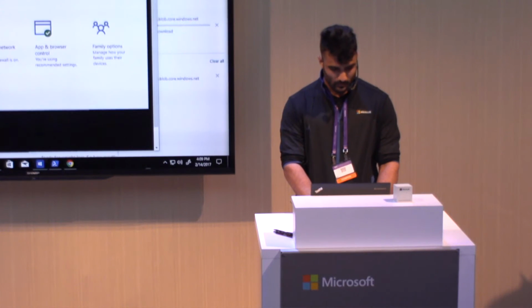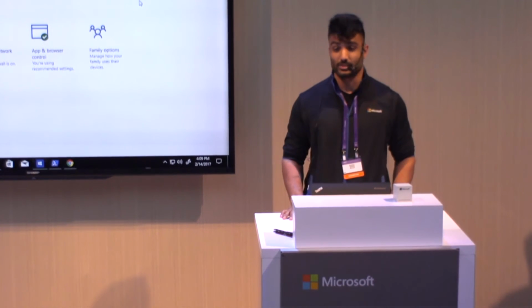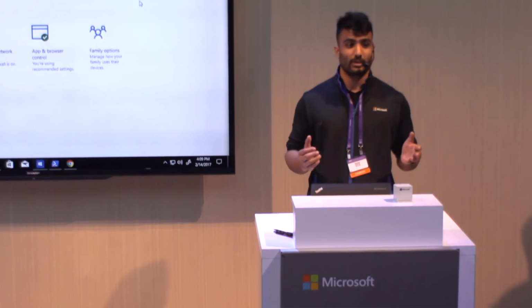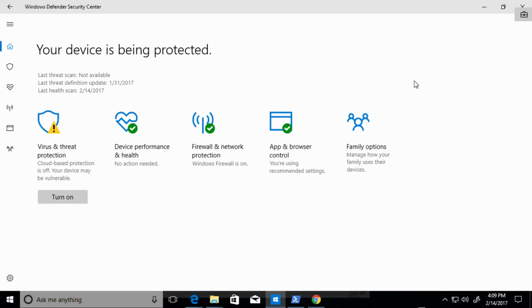Hi, everyone. I'm Shaker, and this is Bill. And today we want to show you what we're introducing in the Windows 10 Creators Update. So in Windows 10 Creators Update, we're introducing the Windows Defender Security Center. Essentially, everyone must be familiar with Windows Defender, anti-malware, antivirus. What we're doing is bringing in Windows 10 Creators Update all of the different security products into one single